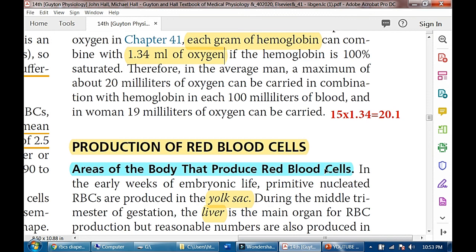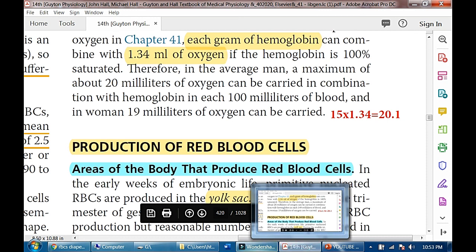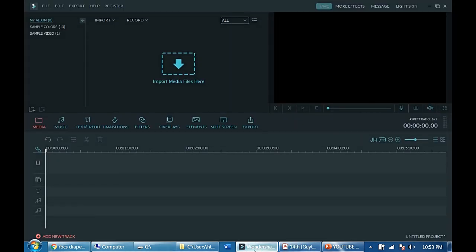Here we will stop our topic, and in the next lecture, in the next reading, we will continue with the production of red blood cells, and the first heading will be area of the